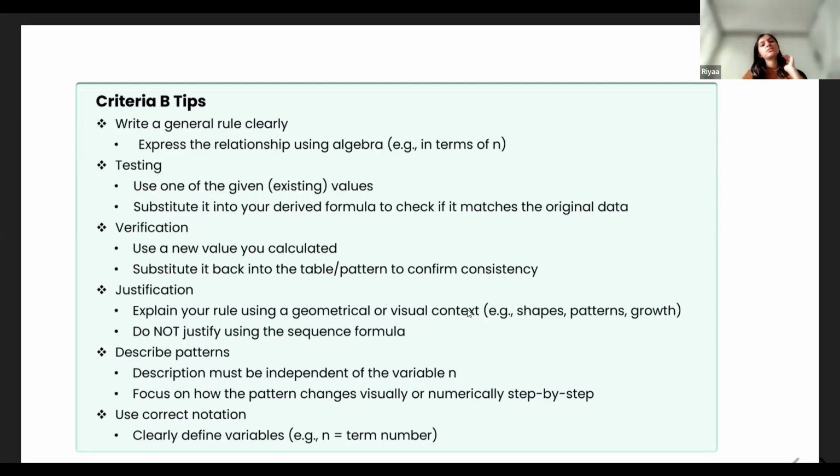So sometimes there are patterns which have to do with area or something. So to justify that, you could get the same numbers using the area formula for that particular shape, and you could compare them. And if the answers are the same, you can say that this general rule is accurate because it gives the same result as the actual formula that is given. Right. So, nicely explained.